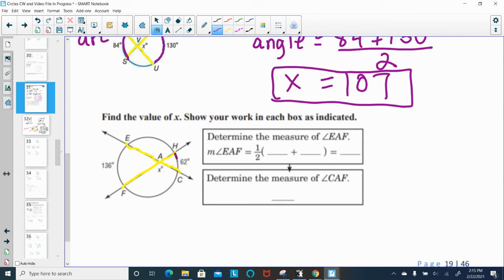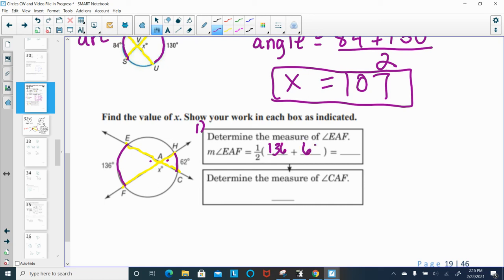And now that helps us use this and this. And some of you may be wondering, yeah, but Miss Lucas, that's not going to give you X. That's going to give you this angle or this angle. And I promise you, I will find the correct angle. But this is kind of like a two-step question. So I have to find EAF or HAC. And what the problem is saying here is that step 1 is to determine the measure of EAF, which we can do. We can say 1/2